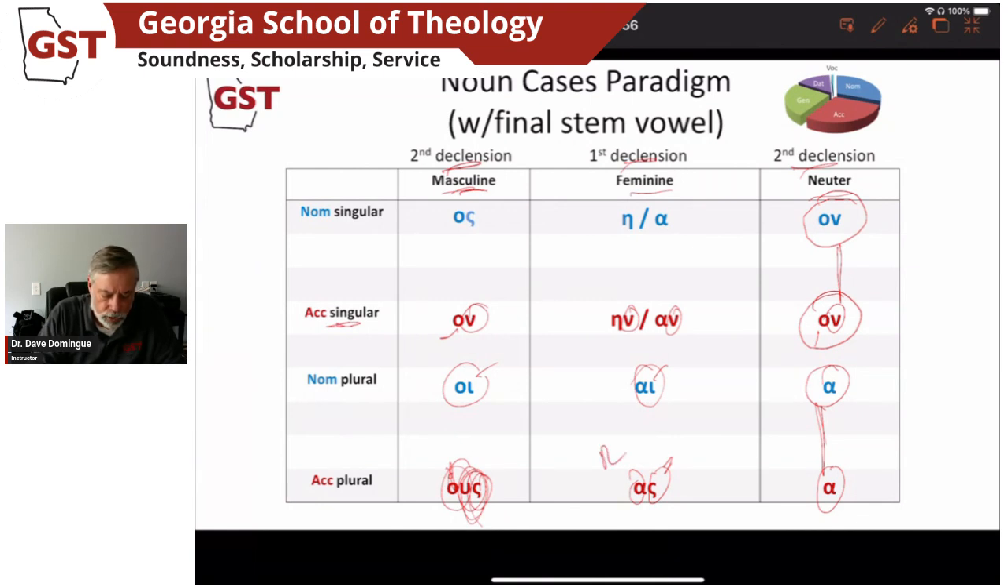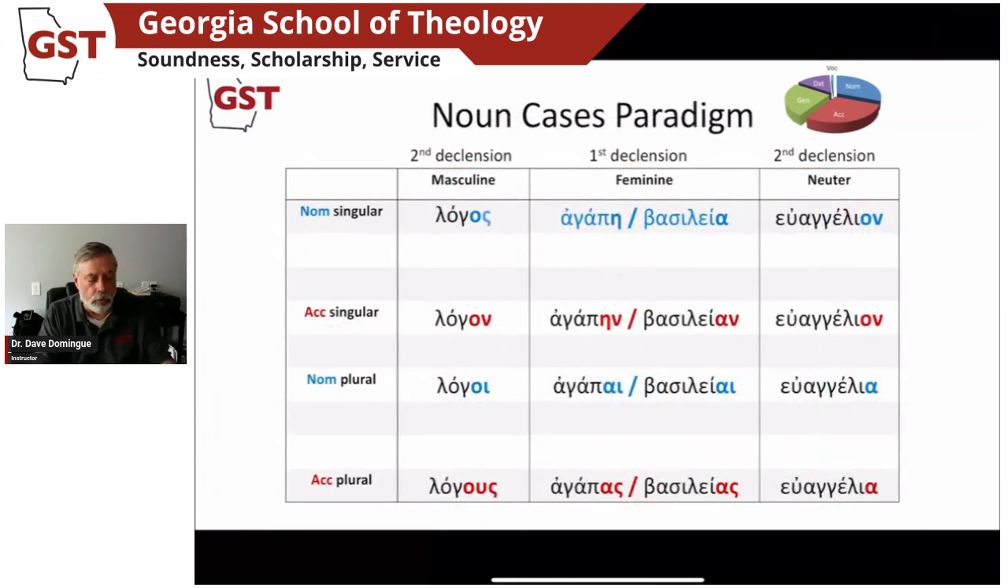Actually, I'm thinking it's always alpha, but I'm not positive. Anyway, you can begin to start seeing a pattern. This pattern will actually fill in even more when we look at the other cases, but that'll come later. So when we look at words,